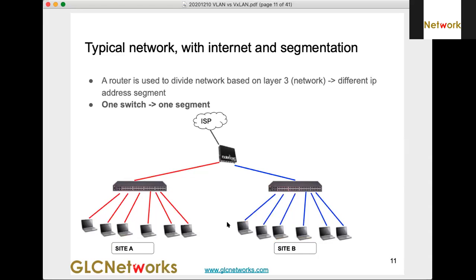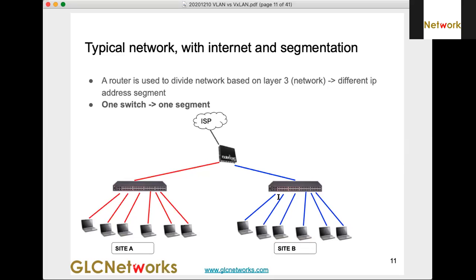And then if they want to segment, for example, on the left is finance and on the right is marketing, they don't want to join together. They want a separate network for many reasons.